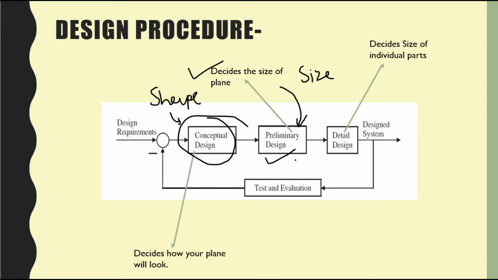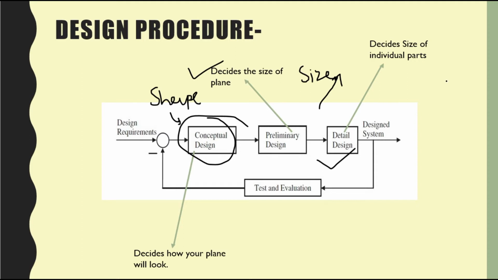In this phase we'll plan some things such as the constraint diagram. In the constraint diagram we'll find the wing loading as well as the thrust to weight ratio. From the thrust to weight ratio part, we'll go for the electronic design, and from the wing loading part, we'll get to the wing design, the actual wing design. So this is how we're going to separate the design procedure after the preliminary design. So this is the second phase of the design procedure.